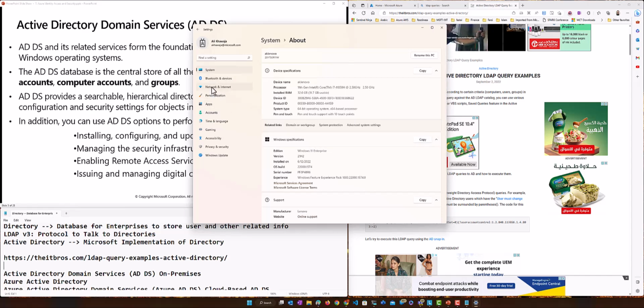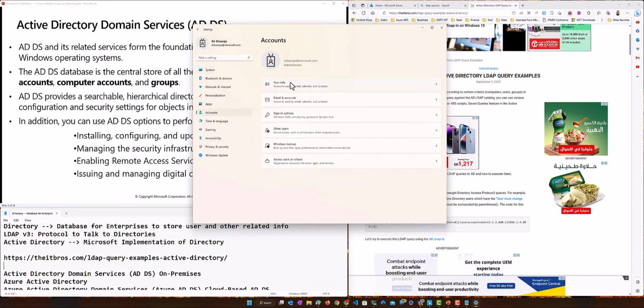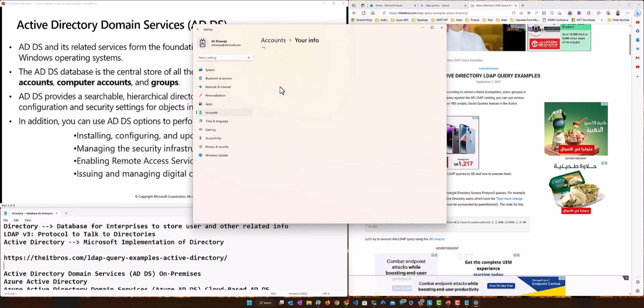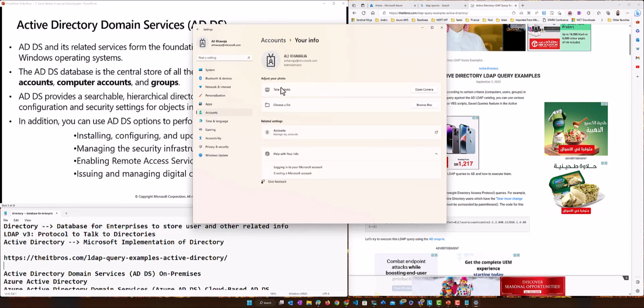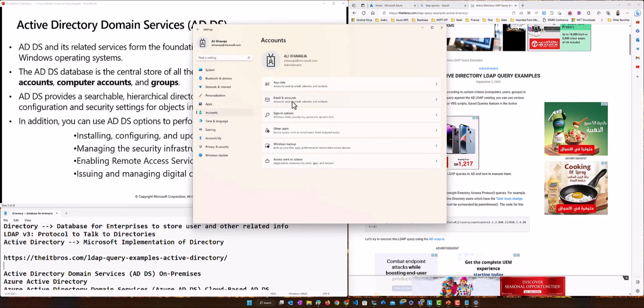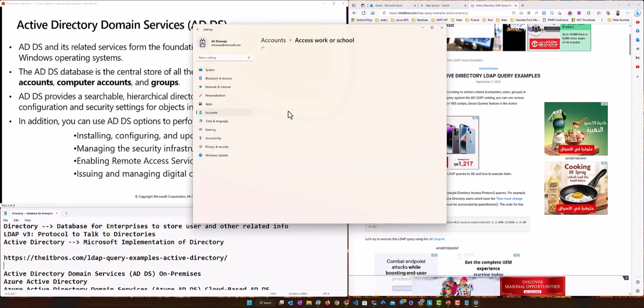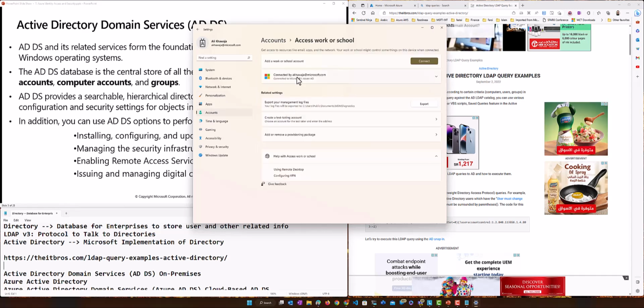Anyway, I'll take a look at where it is. Let me see inside Accounts, maybe it is over here. I think this is it. So you can see it is connected to Azure AD. So I can join my machine and be administered using my organization, right?